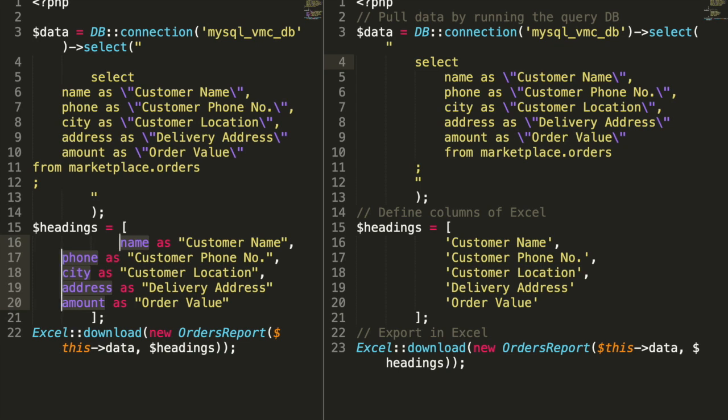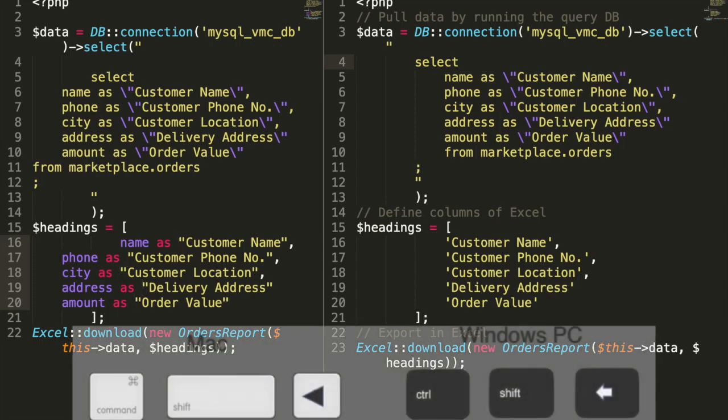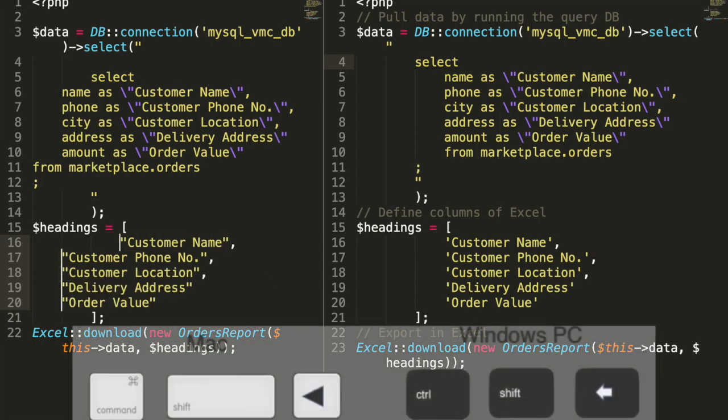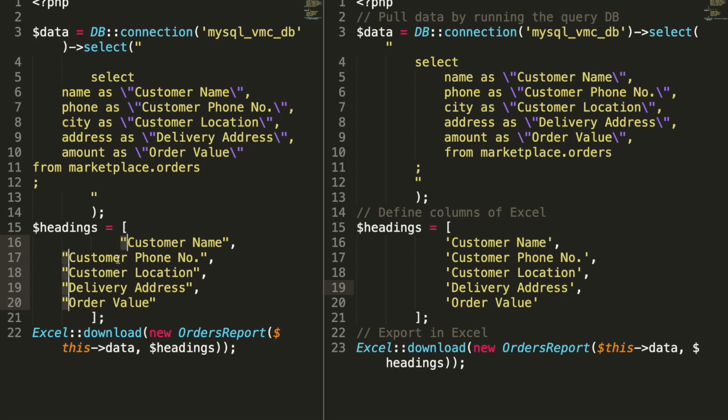I don't want this. I want AS also to be removed. So the correct way is selecting the occurrences, going right. Now my cursor is at a place where if I select all the left text, I can remove that. So now I do Command Shift left. I will delete this. The unrequired part of the text has been removed.